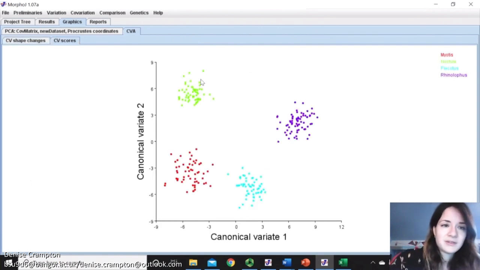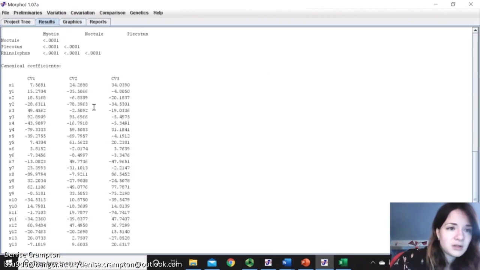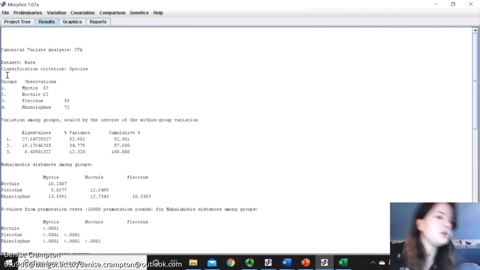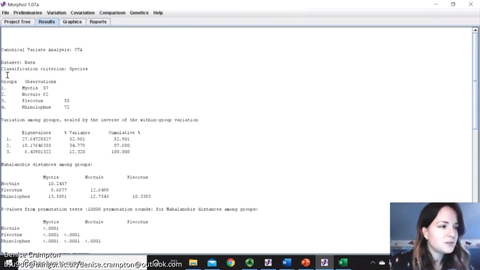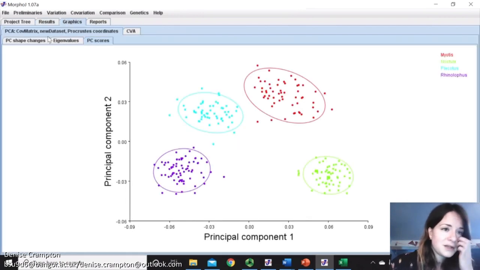So you can see these scores there. And then if we go on results, we've got all our results here. So here you've got your groups and your observations. Then you've got the variation among groups, so how much variance there is, and then most importantly you've got your p-values here, so you can see whether the groups significantly vary. If we go back to the graphics,